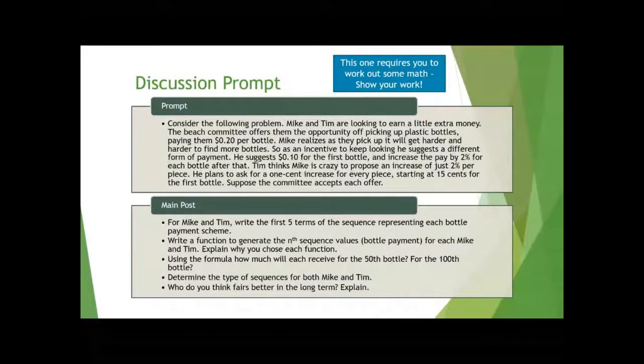People can write these equations slightly differently, but you should get the same answers. But the last question is really the difference because it's all about how you interpret it and how you look at it. So you're applying basically everything from this week to this discussion, and then you're working through the math behind it.